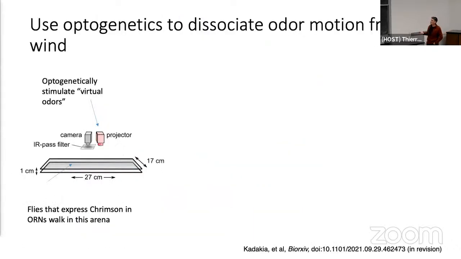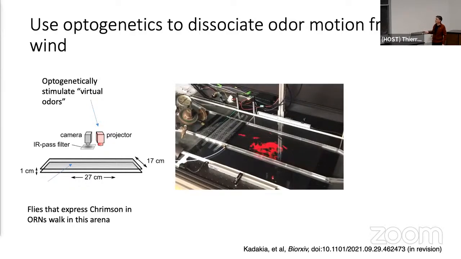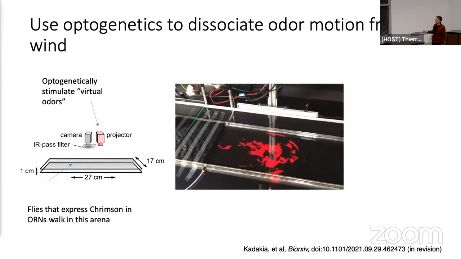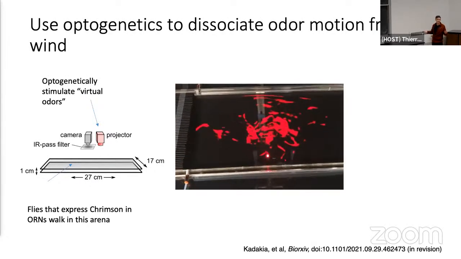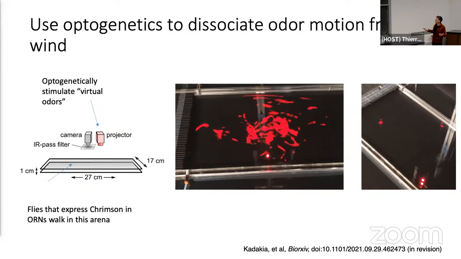So the next thing that we could do in a fly, which is really fantastic, is that you can basically express channelrhodopsin in those antennae. So this is an ion channel that will respond to light. And when light hits that channel, it opens and makes the neuron fire. So you can replace real odor with light. And if you do that, you can separate the wind from the odor signal. And you can do this type of thing. So you can now project the plume with a projector and have the flies responding to this type of signals,